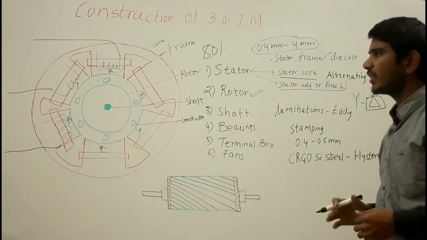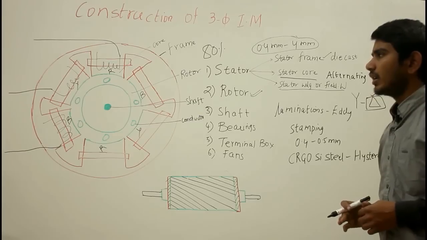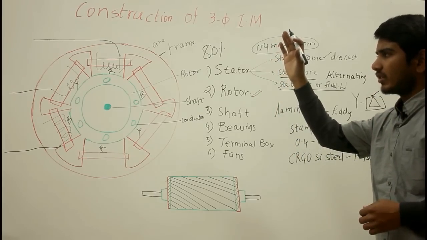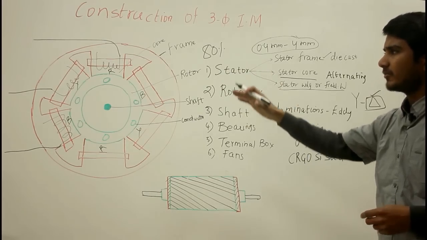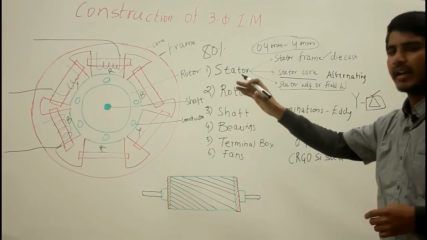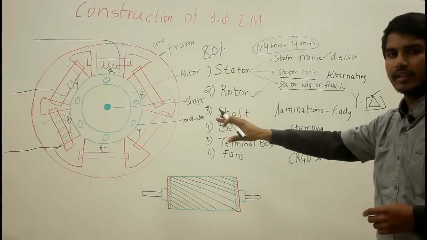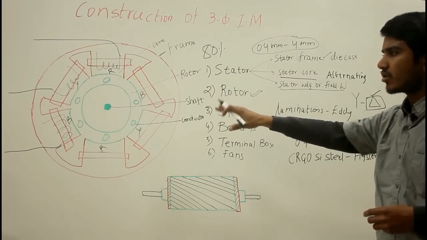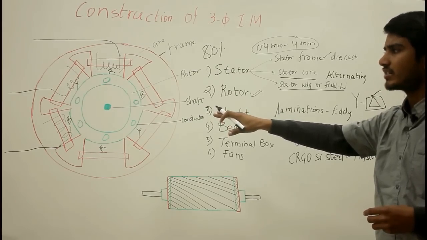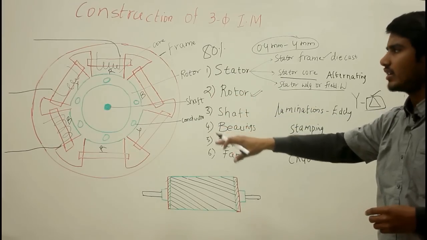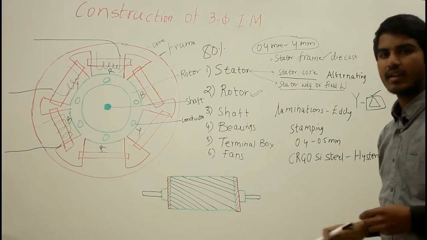And when the 3-phase AC supply is provided to the 3-phase windings, that is R, Y, and B, then if the windings are balanced, that is the spatial distribution of windings is arranged, then if the balanced 3-phase supply is given, a rotating magnetic field is produced, and this rotating magnetic field sweeps over your rotor conductors. And if the rotor conductors are short circuited, or you can say initially the rotor is at standstill, and at the standstill the rotor conductors are stationary, and the RMF sweeps over your rotor conductors and it induces an EMF